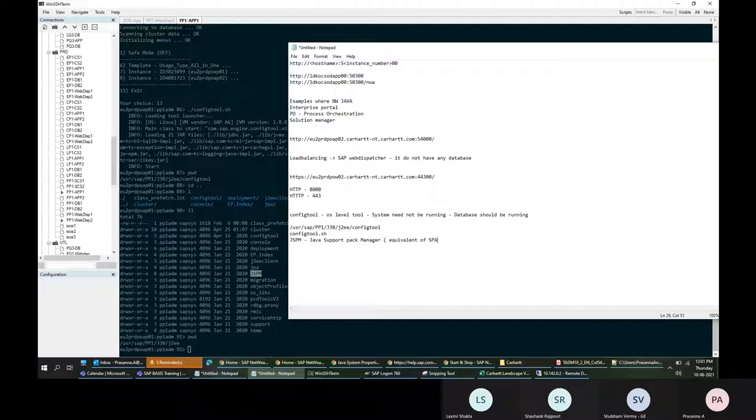So this is a tool for applying support packs for a Java instance. But now these are all older tools, SPAM, JSPM and all. Like 5 years back, we used SPAM or JSPM to do any upgrades. But now the tool is still there, but SAP suggests we should not use those tools to